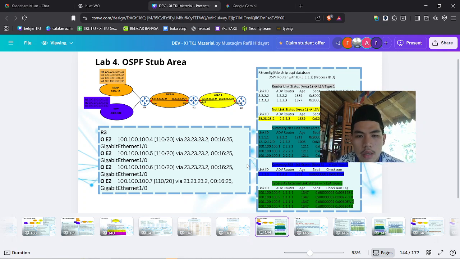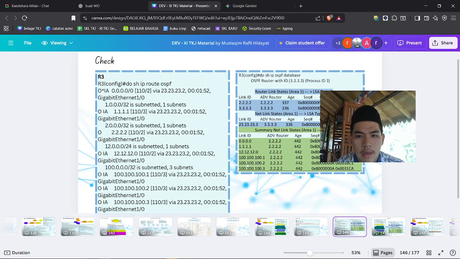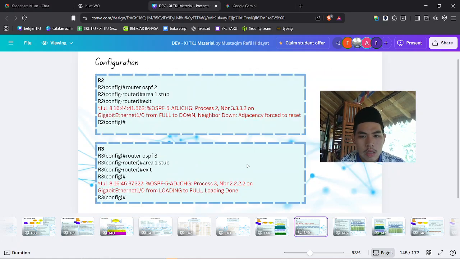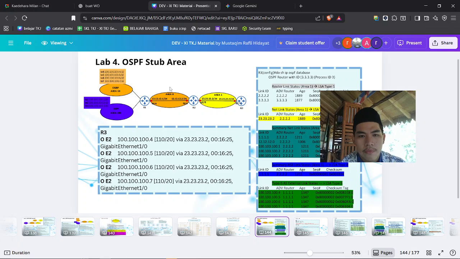The stub area's function is to help us, and we just see the comparison from this routing. After you make this topology, you can see here in router 3 the stub area.